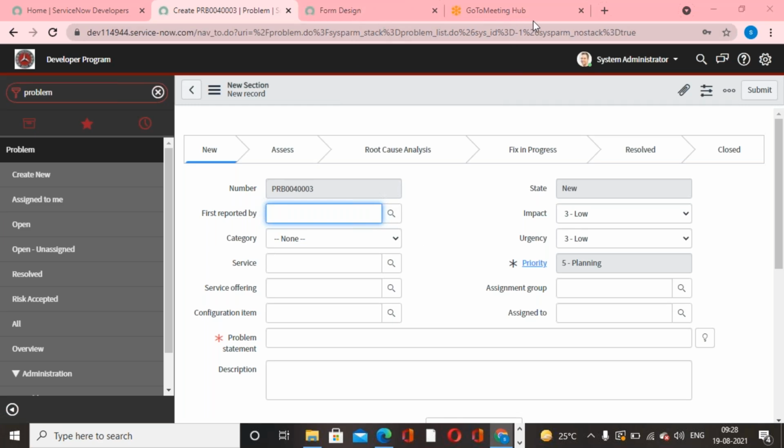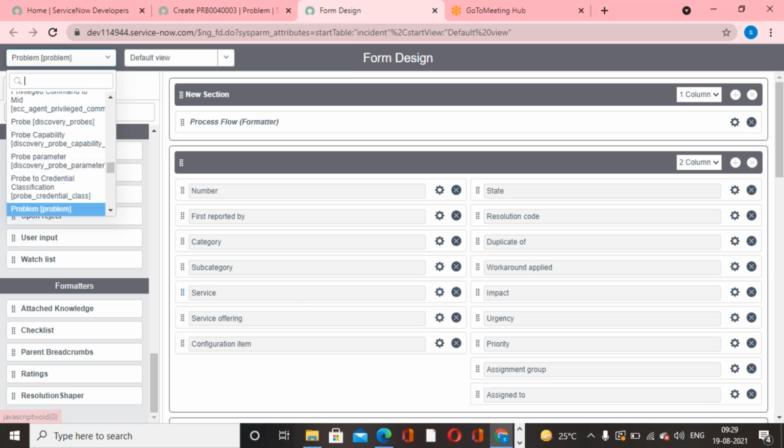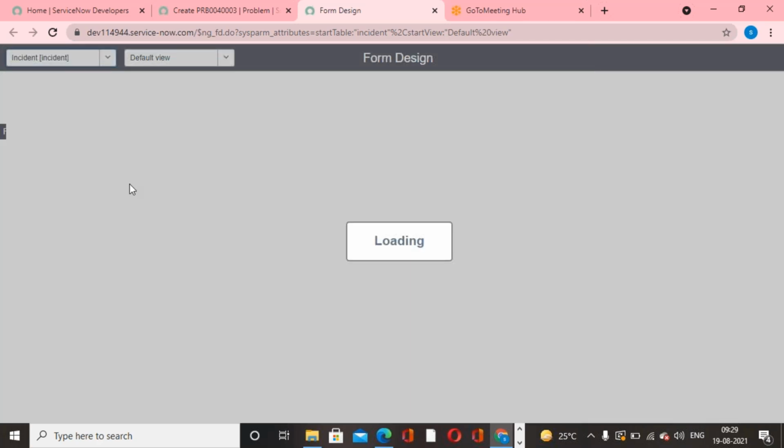So now my question is how can you add a process flow formatter to the incident table? You tell me, guys, how to do it. Give me the navigation, how we can do it. Go to form design and then switch it to the incident table. Then